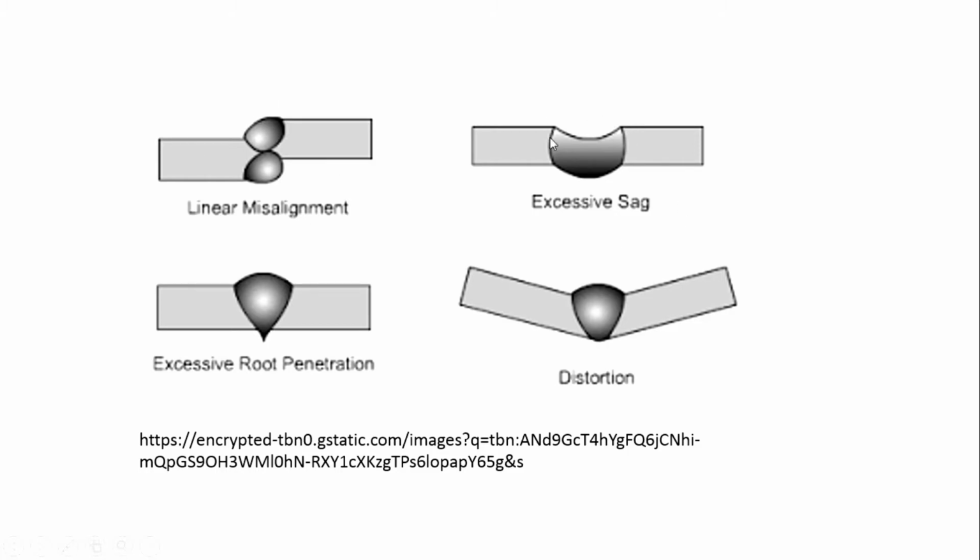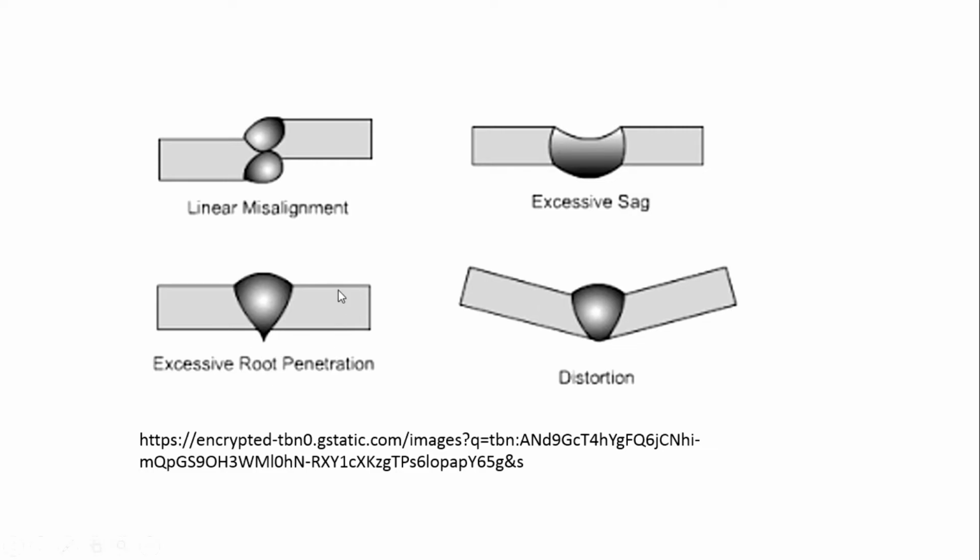Excessive slag means excess third-body element deposited over here, and when you remove it, you will get this empty space. Distortion is nothing but what you get if you are not using any type of fixture, because of the high temperature and cooling. After the cooling of the welding process, the workpiece is free to expand and there is no more stress, so it may end up like this.